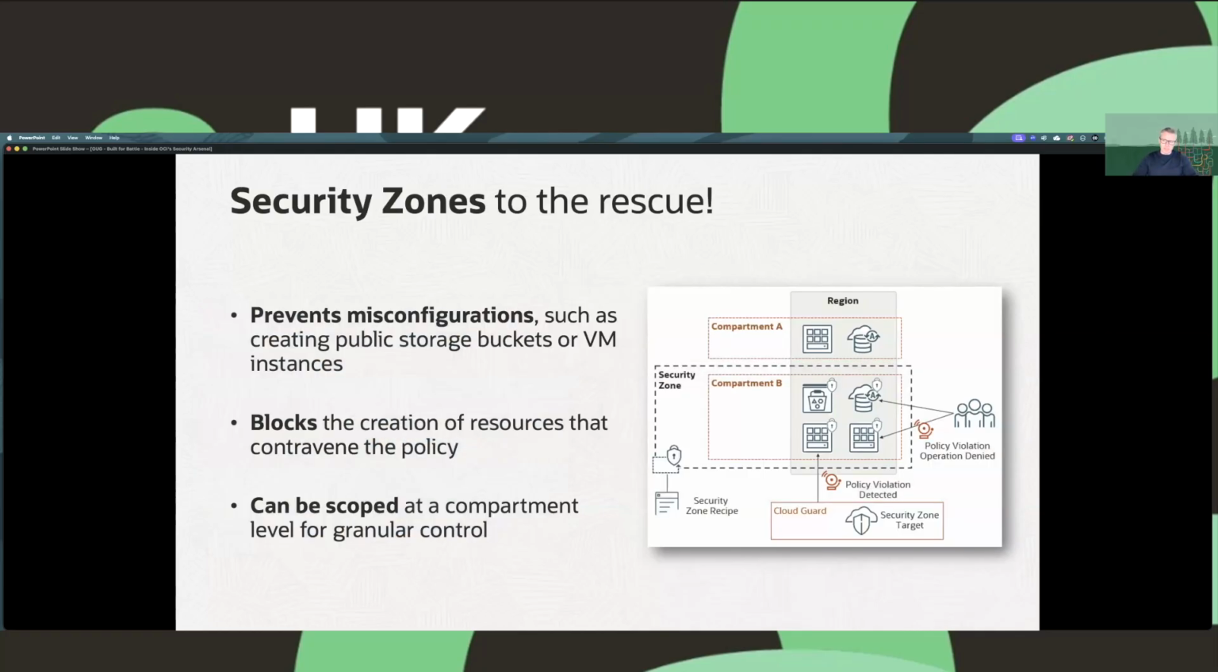So rather than having to reactively scan the environment to see if you've got any things like object storage buckets that are available publicly, or nag your operations team to make sure that they don't configure buckets publicly, what security zones actually do is it prevents misconfiguration. So within OCI, the security zone service can be configured, and there are about 70 to 80 individual settings to block certain configurations. So within your tenancy, if you would never ever have the desire, need, or requirement to make a virtual machine instance available publicly or over the internet, or a storage bucket,